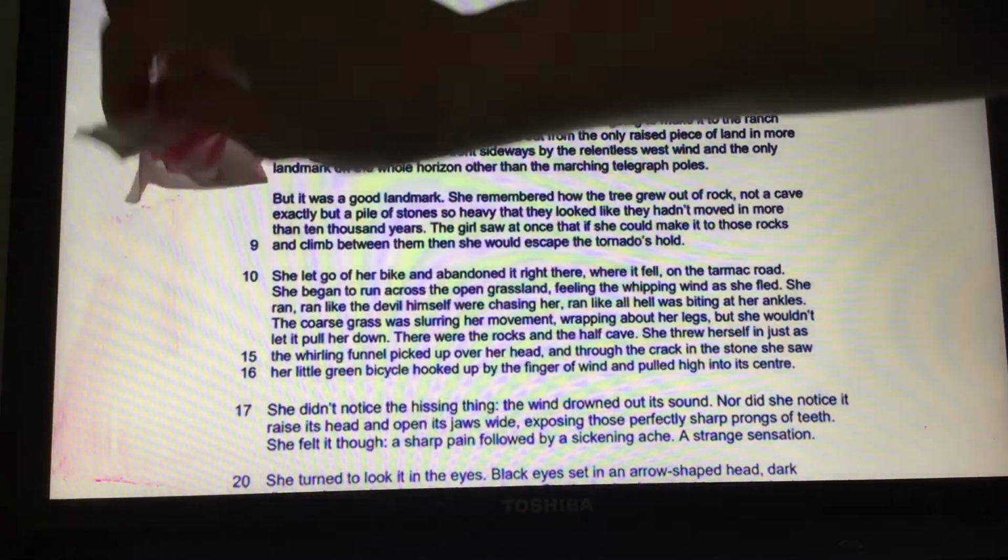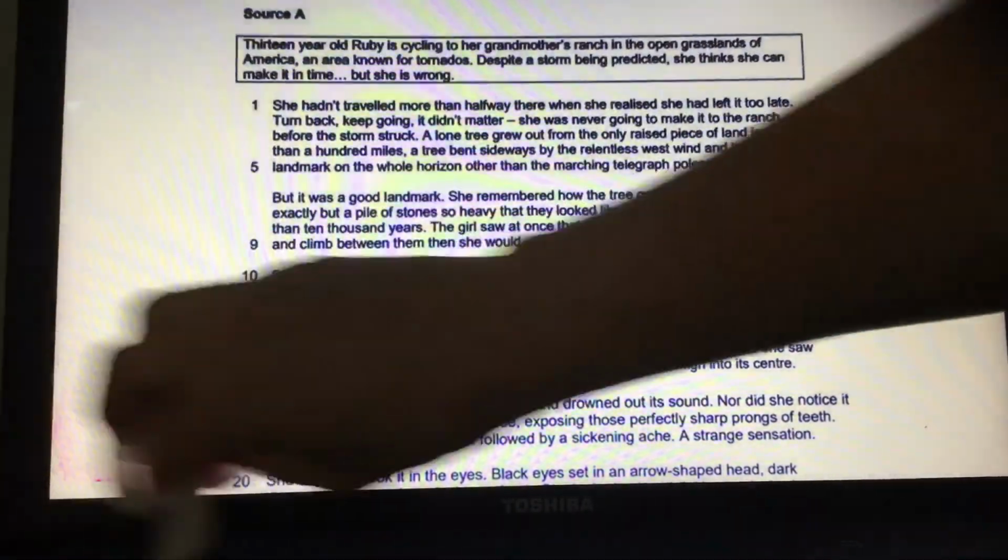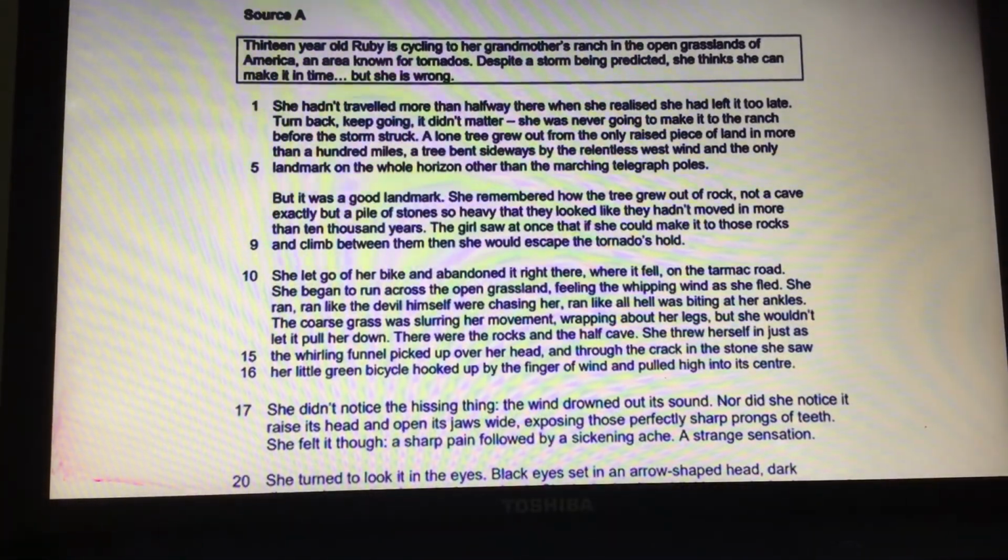And I'm just going to show you how you could do this. So here's one that I made earlier. Who doesn't love that line? So you've got your feature, you've got your examples from the extract, and then the effect on the reader. So I'm going to start with the idea of the opening. So I know that my key green word is going to be opening. And I'm going to make sure that I start with that. So if I start to create my sentence, it'll be something like, from the opening lines, the text is structured from the opening around a sense of impending danger.